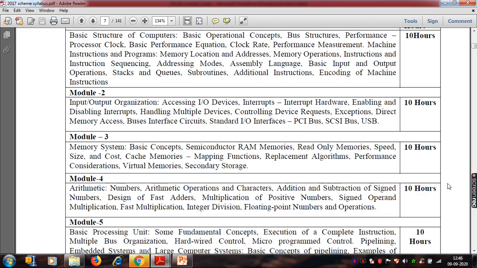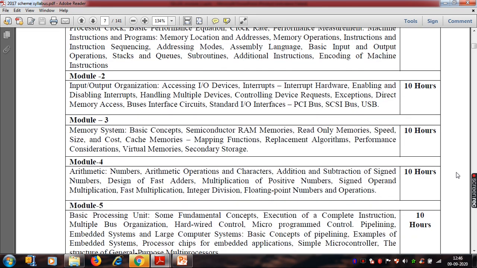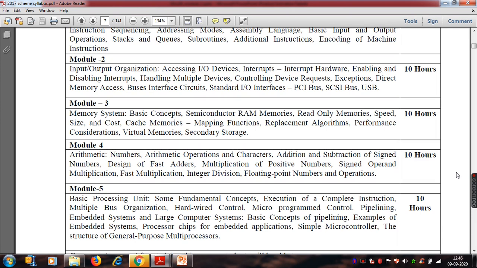Module 4 is all about arithmetic, how your arithmetic logic unit can be developed. In the same semester you're also going to study another subject called analog and digital electronics, where you will study logic design circuits like the full adder, full subtractor, and adder-subtractor circuits.